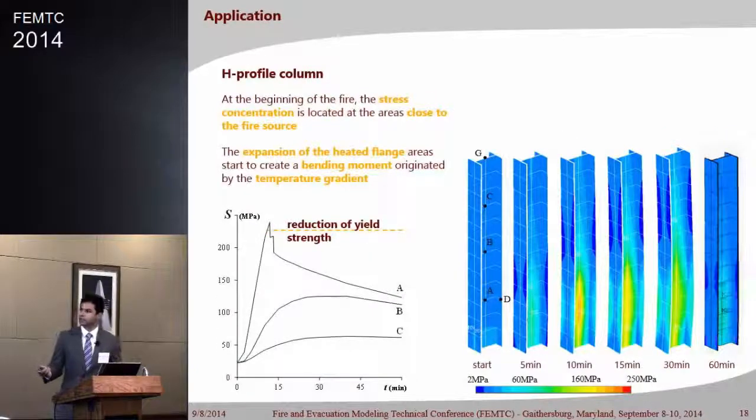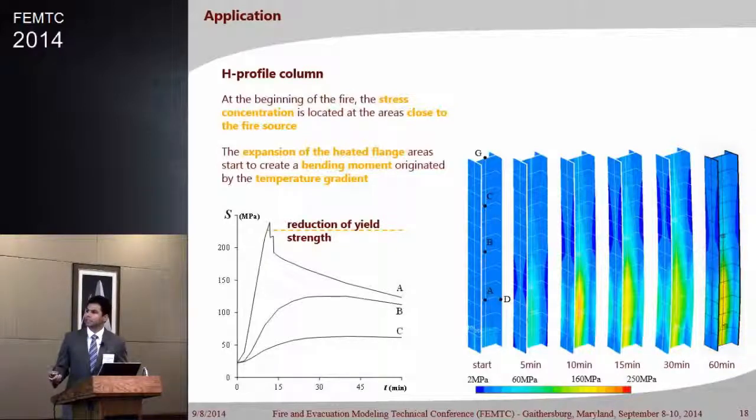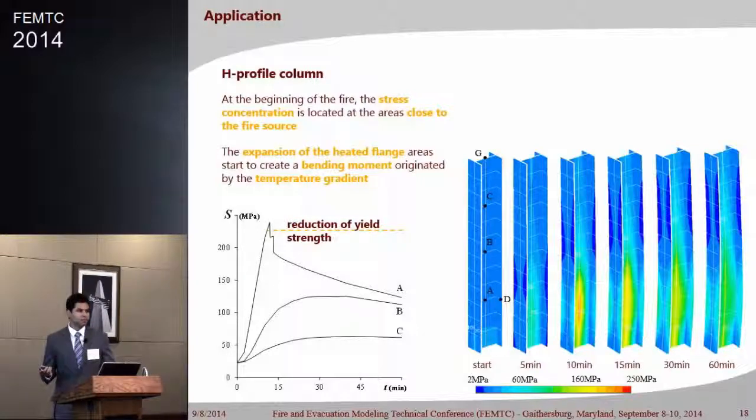Now we have the von Mises stress distribution around here, and we can say that at the beginning of the fire we have a stress state close to a uniform state, and with the expansion of the heated parts of the flange we have this bending moment here. The deformations are amplified 15 times, so we can see all this generated bending. As the temperatures get higher, our material is changing. We will have a reduction of the yield strength. We will have variation of the elastic modulus. Our model is accounting for that, so we can see that as time passes, we will have lower stress because the material properties have changed, and amplified deformations.